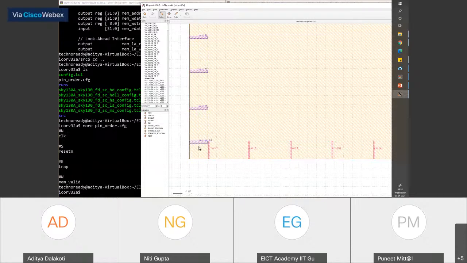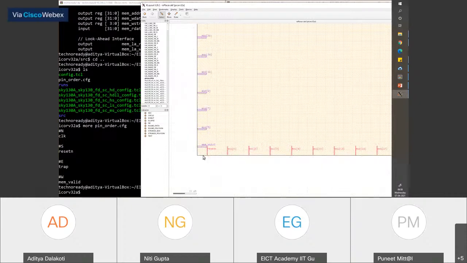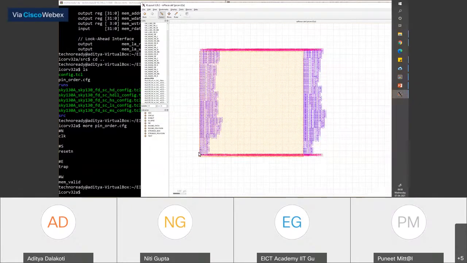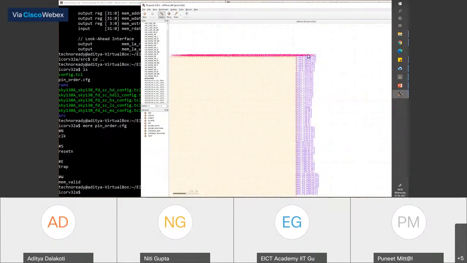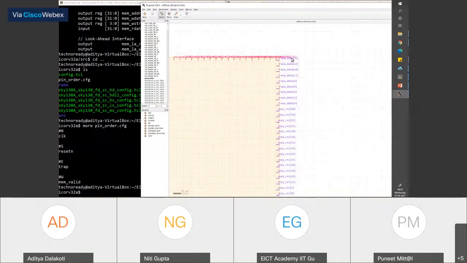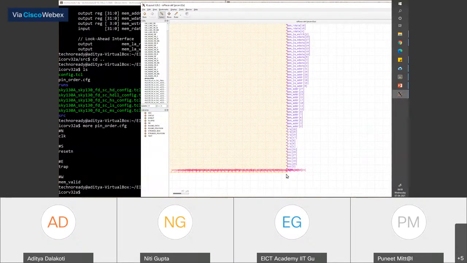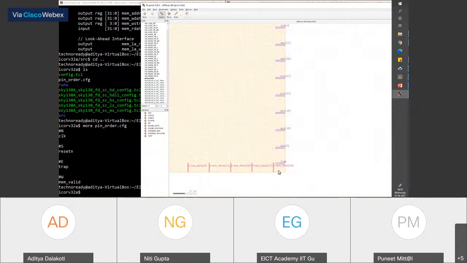So an interesting question might be, why did it go to the bottom and why did it go to the left? Every tool has a numbering strategy for every direction. So based on that, it starts the numbering from the bottom or the left side. And if you see here again on the right side, or east side, it started numbering from the bottom. So the numbers start from the bottom of the left side. So it is picking the names correctly, as we can see.